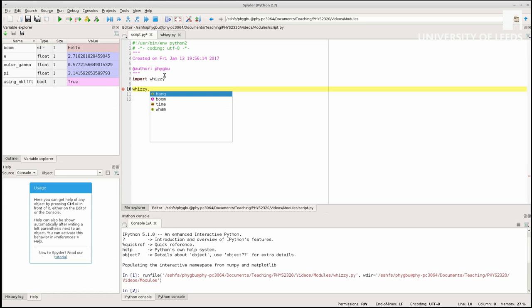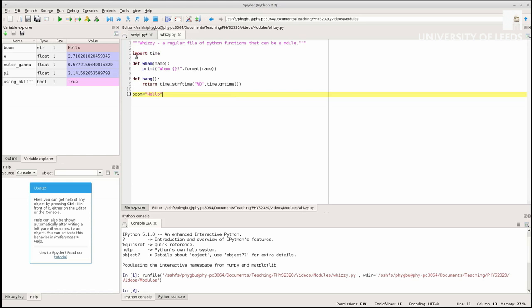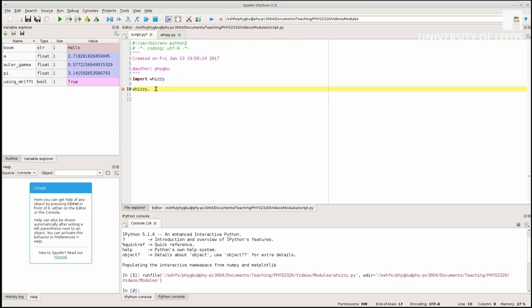So one of the interesting things you see here is that the names that I've got available inside Wizzy are all the things that would have been names inside when I ran Wizzy as a program. So I've got wizzy.time, which if one looks at the code you see it is in fact just where I've imported time into Wizzy. That's now made time a module inside Wizzy. So import Wizzy,